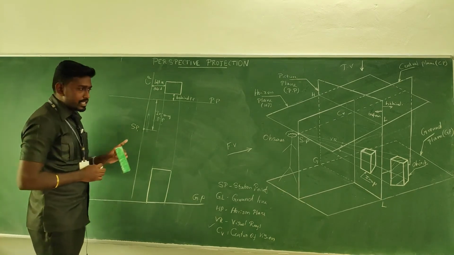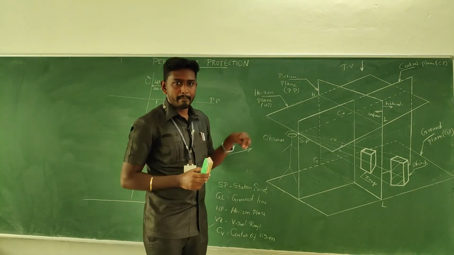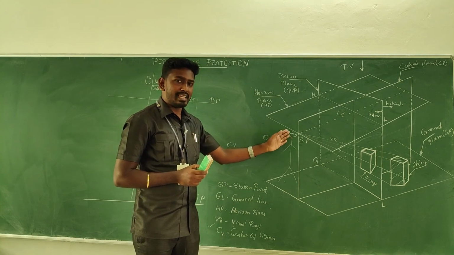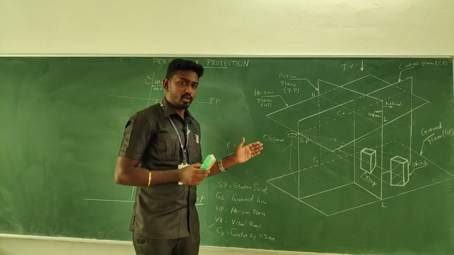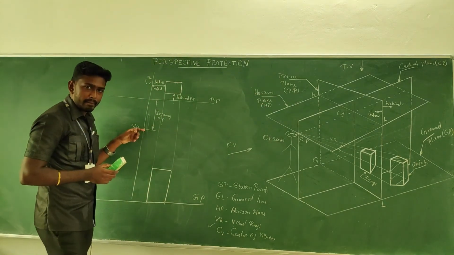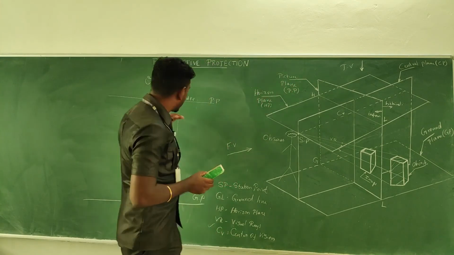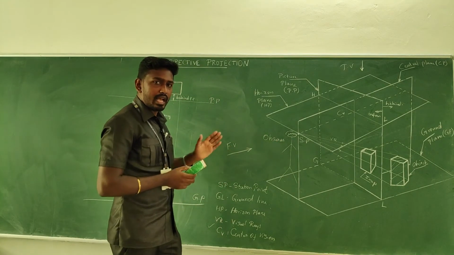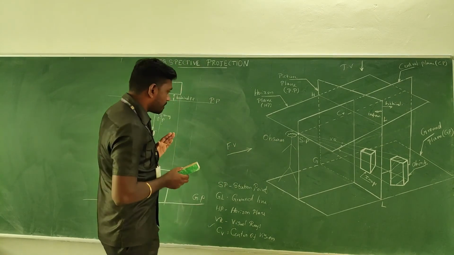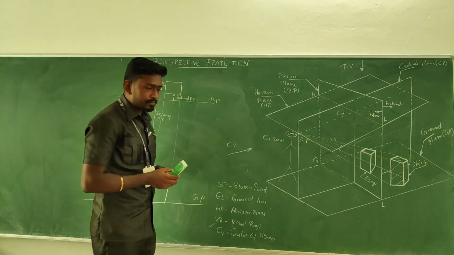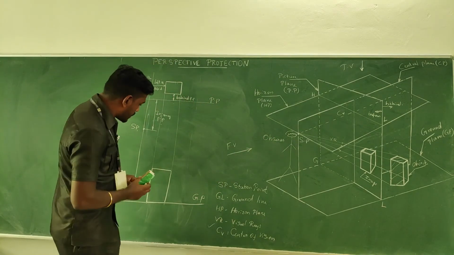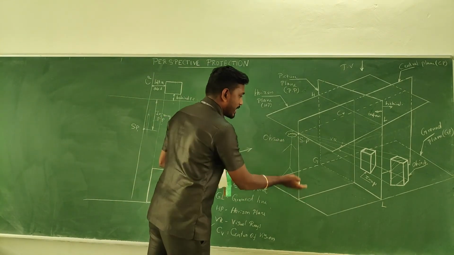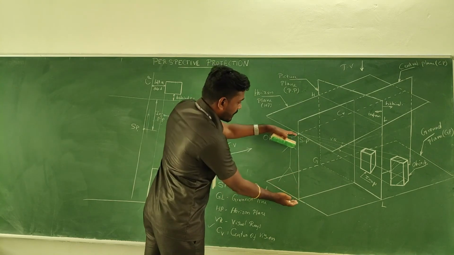And then try to specify the station point for the top view. Actually, the station point remains at the same place, but in the front view, it is observed somewhere here. In the top view, it is observed here. And when you are looking from the front, let us see where it is being placed. Okay, fine. So this station point, when you want to interpret here with respect to GP, I can say it is just above the ground plane, with some distance.